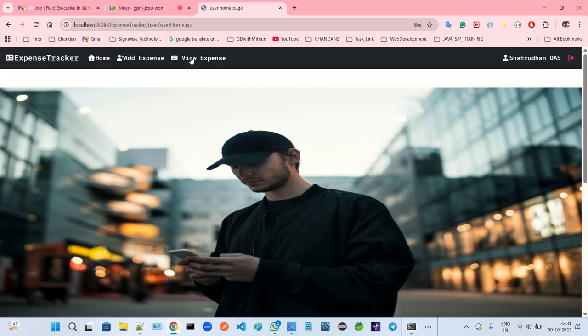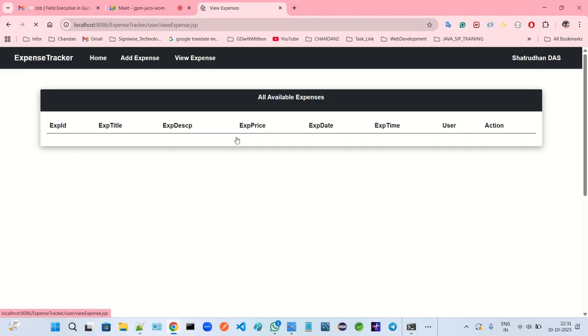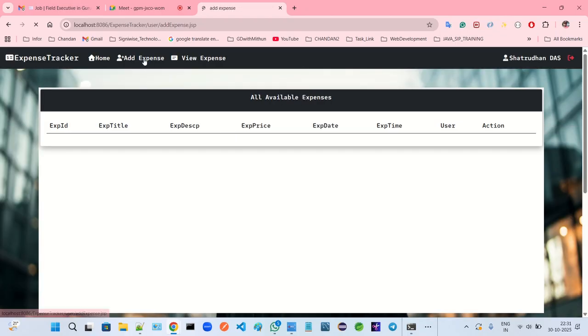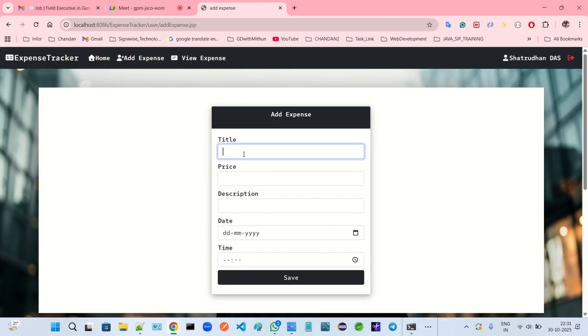How many expenses has he done? I think no expenses are available. Yes, no expenses. Can he add expenses or not? Yes, he can add expenses. Suppose he has purchased something like an Activa scooty. Price was 67,500. Description: